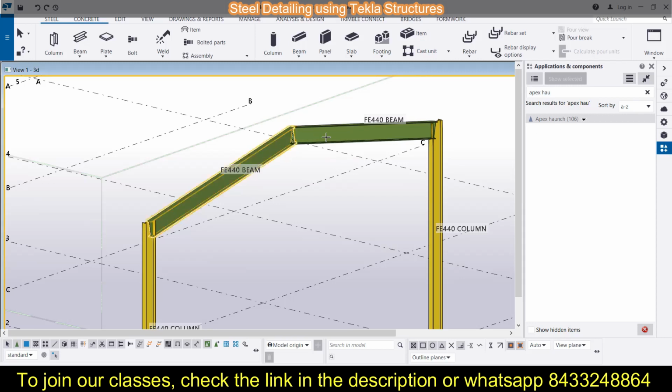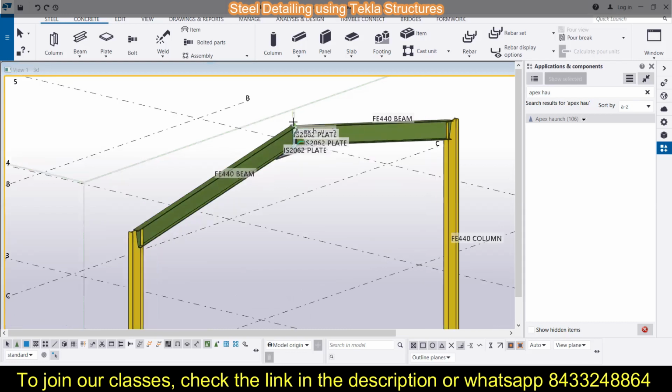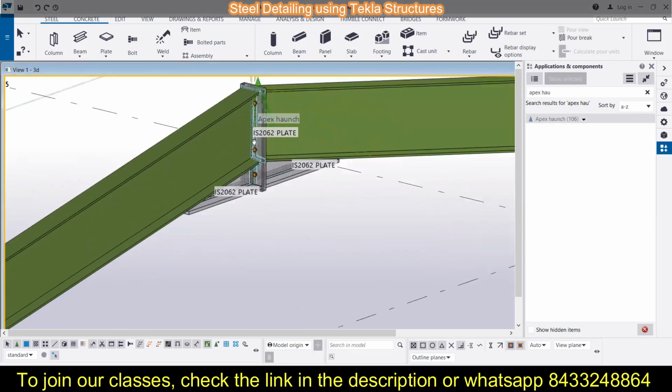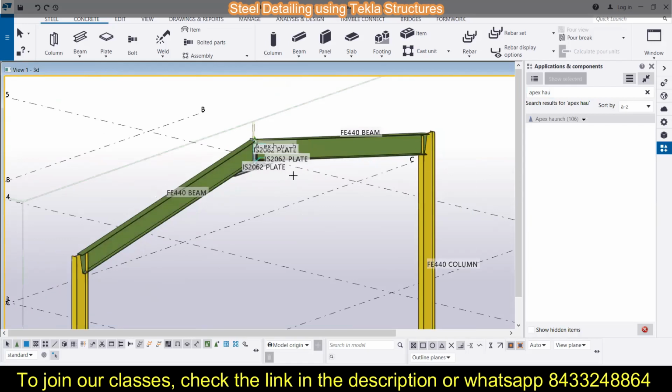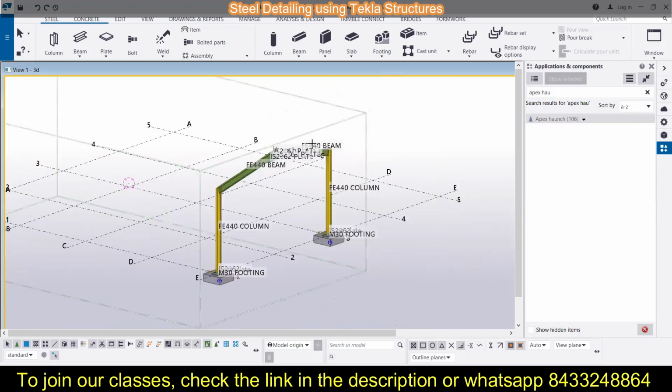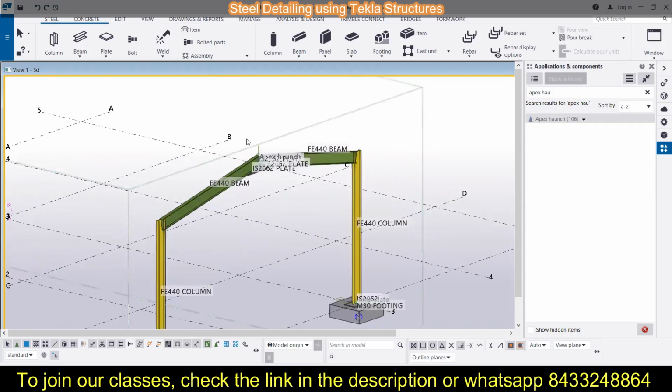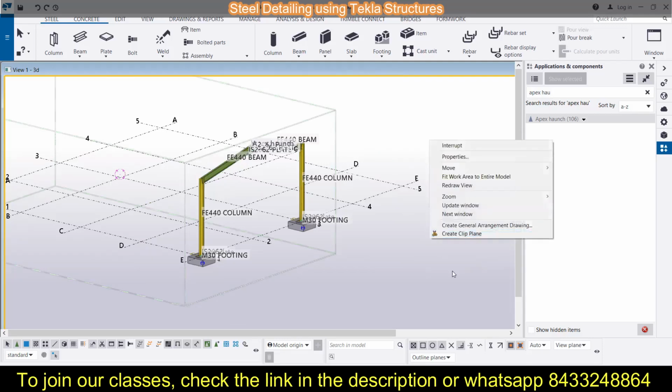So these are the rafters that I want to connect. I just have to click on these two rafters, and there will be a connection established between these two. You can see this is the connection over here. Now you can see that we are facing some kind of issue because of these extra mentions over here, and for that we can simply remove them.